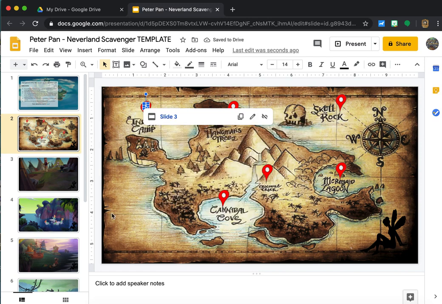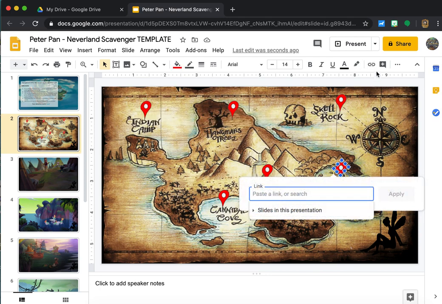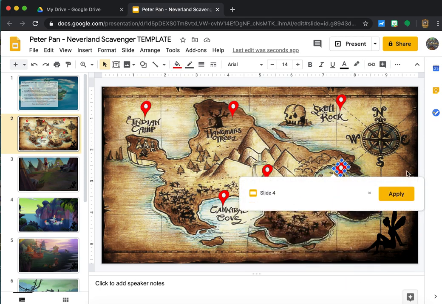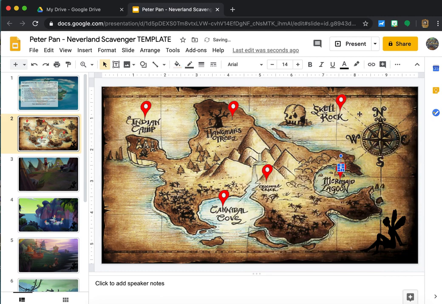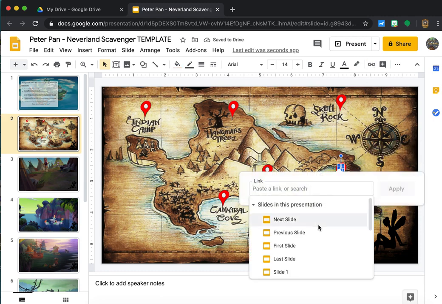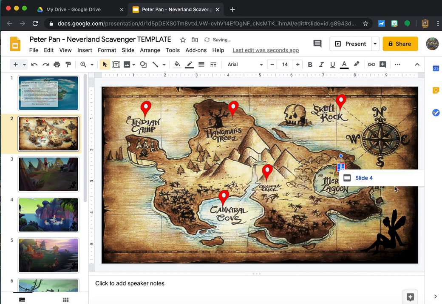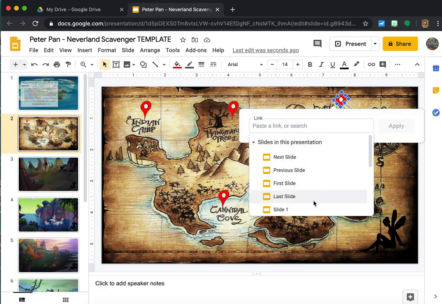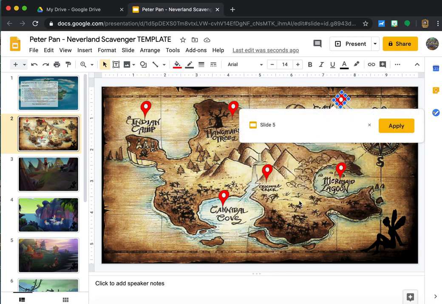This next one is Mermaid Lagoon. So slide 4 is Mermaid Lagoon. We're going to go here, the little link, slides in this presentation, slide 4, apply, and then we want to also link the center one. Slide 4, apply. The next one is Skull Island. So 5 is Skull Island, Skull Rock. That was slide 5, apply,